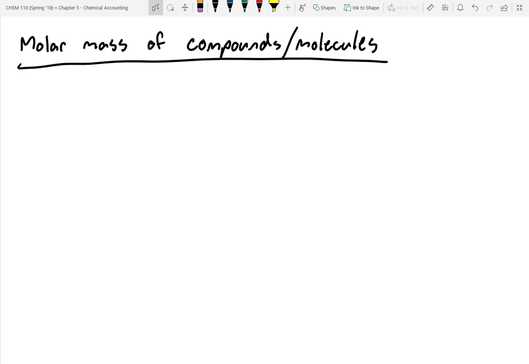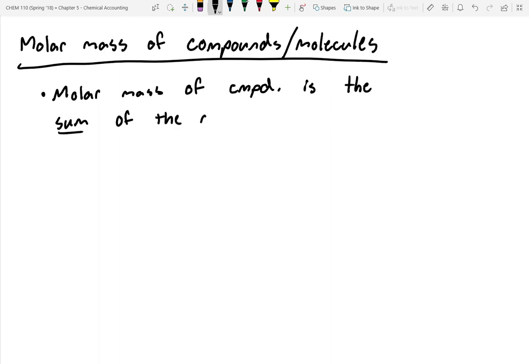All right, so the molar mass of a compound or a molecule is the sum of all the masses. So I'll just abbreviate compound as CMPD. Sum of the masses for each element. So let's do a couple example ones. And for the first example, I'm going to do